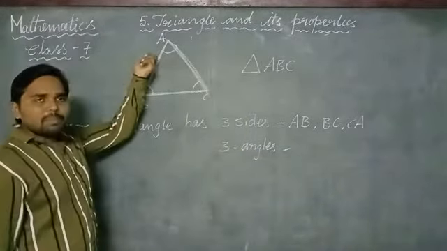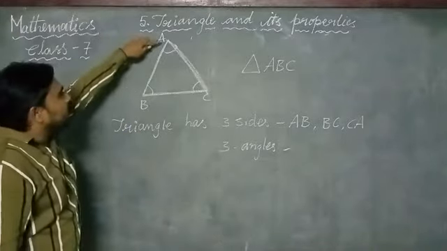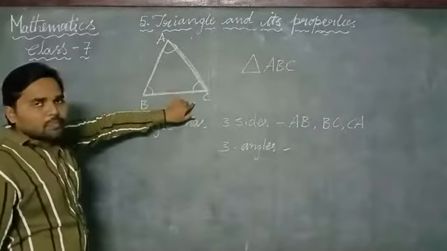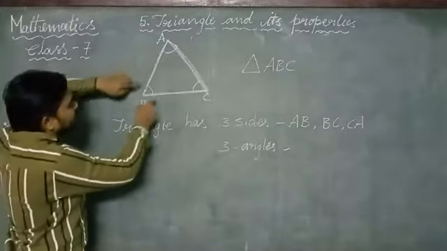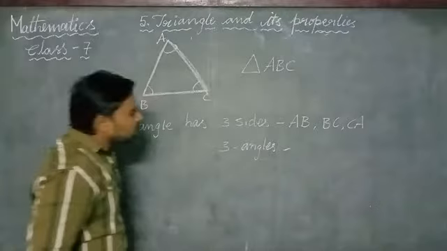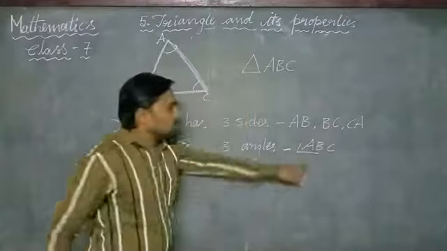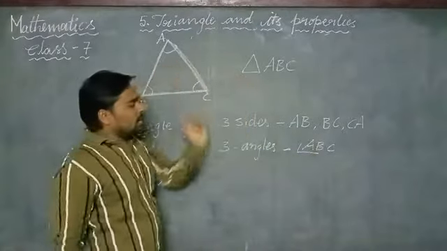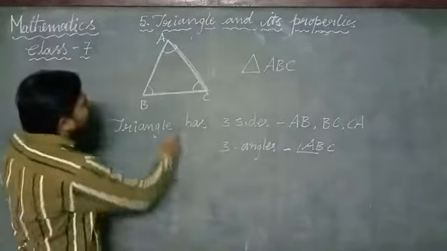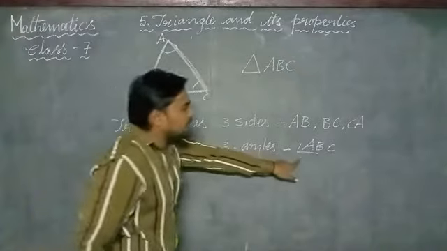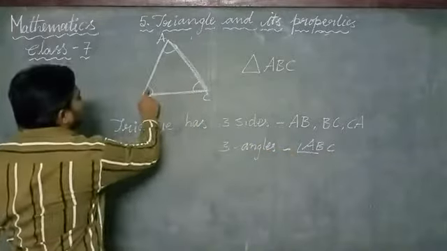How can we measure and represent the angles? Suppose you see this B angle, how can we represent angle ABC? We have to take the angle between the two line segments. This is the angle. Angle ABC is one of the angles in the triangle, so the angle is at B. Angle ABC is representing the angle at B.